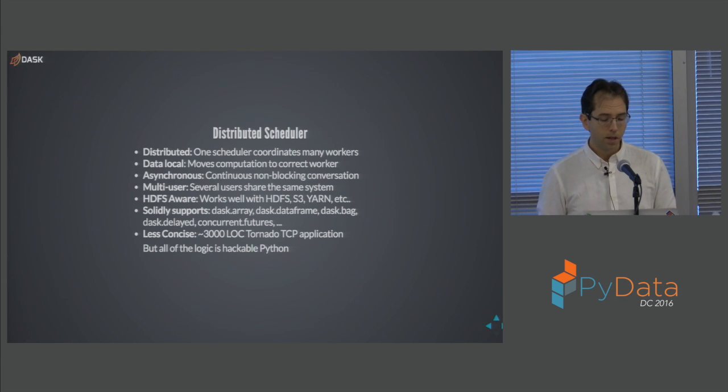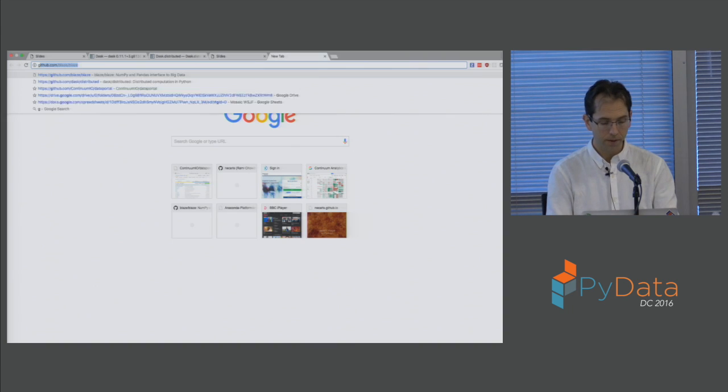It supports things like Dask Array and Dask Data Frame, which are actually really good for early benchmarking, to make sure that we had support for all these algorithms. And it's around 3,000 lines of Tornado code, most of which is isolated to a certain area. 3,000 lines of total code. So it is a Tornado TCP application. The Tornado stuff has been intentionally isolated from the rest of the policy code so that non-web developers can reason about the code. To give an example of that,